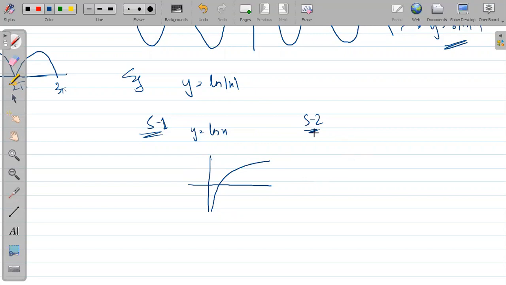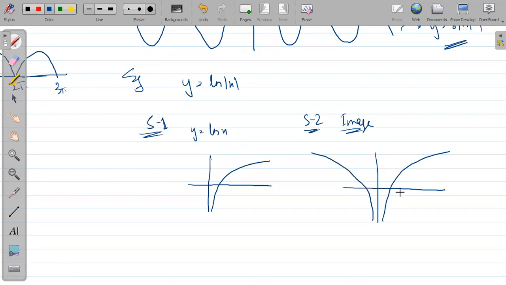The third step, I am moving directly to the third step. There is nothing to remove, so directly I am taking the image. But we can take the image, right? There is something present in the positive y part. So there is nothing to remove, but the third step you have to take. This is the graph present. So you have to take the image of the graph about the y-axis towards the negative x direction.